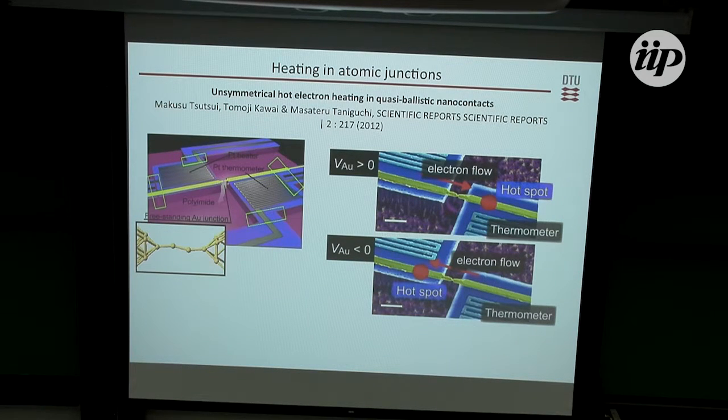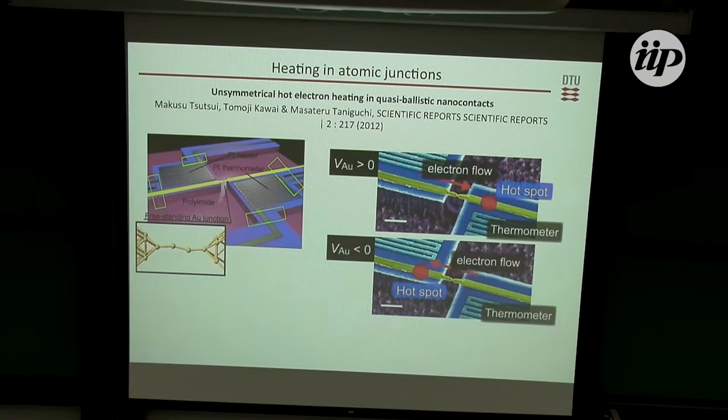So here they have again this kind of atomic scale junction, and then they pass a current. And what you see here are thermometers. So they are able to measure out in the electrodes how much the phonons are heating up. And most of the energy is released by the current in here where you really have a few atoms. So you see how this